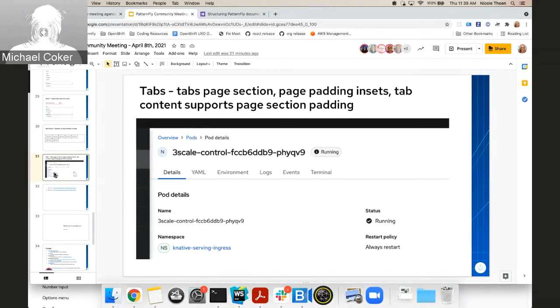And then with the tab content component, the panels that are used to contain content when you click on a tab in the tabs component, you can now specify a padding variation. By default, those content sections do not have padding. Adding the padding variation also gives you the page level spacing so that the padding is 16 pixels on small screens and 24 pixels on large screens. And next slide.